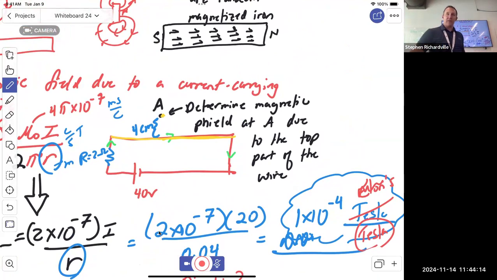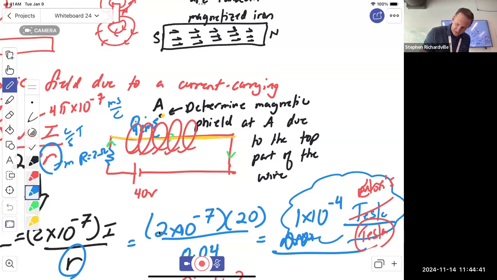See, what a field looks like is it moves around a wire. And it either moves around it like this, or it moves around it like this. Is it coming out of the page and going back in? What's it doing? Well, if my thumb goes in the direction of current, my fingers are curling out of the page up above. So in this case, up above it,